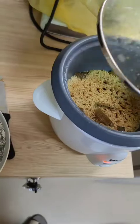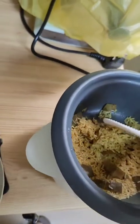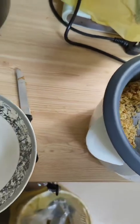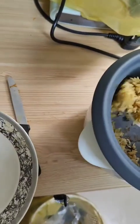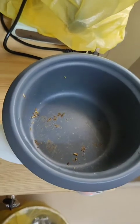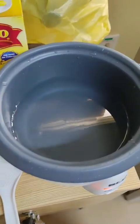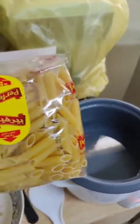Okay, here I will add the rice to the bowl because I will cook pasta. Okay, I'll add all the rice to the bowl. Okay, I will go and wash this, then I will add the pasta. Okay, I added some water and I will use this pasta, this one. I will add some